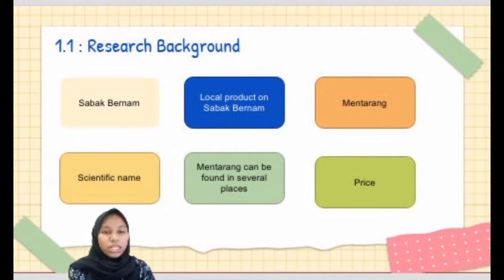Today I want to present about hospitality project. We chose Petty Burger Mentarang. Okay, for chapter 1 is introduction. For the research background,